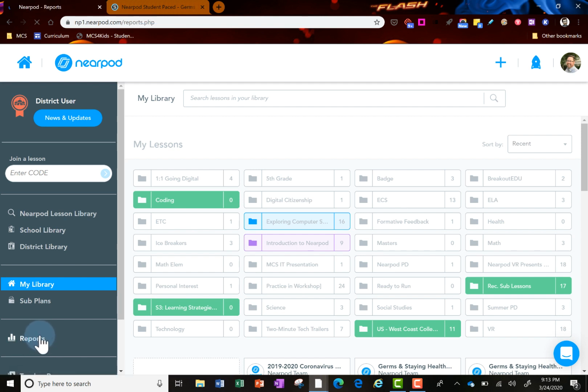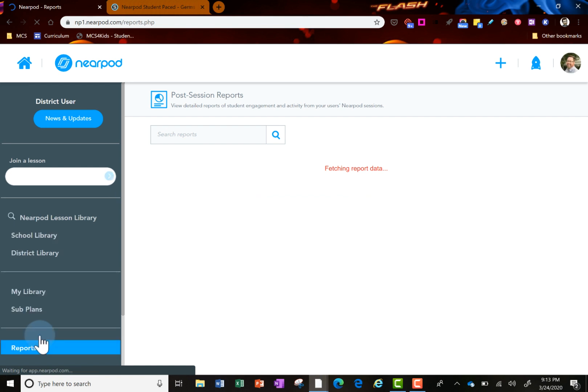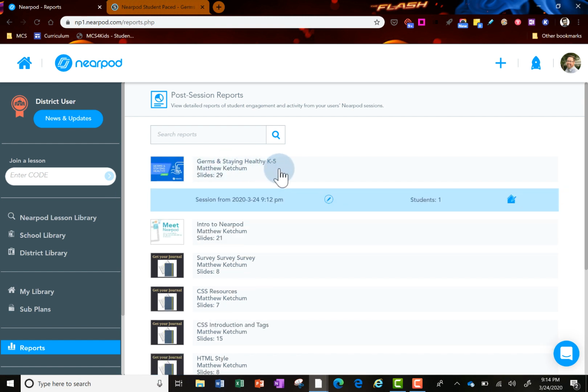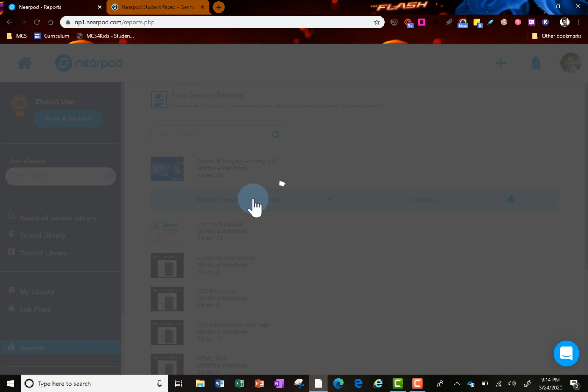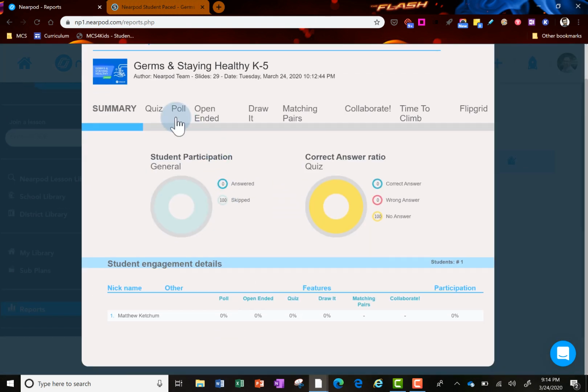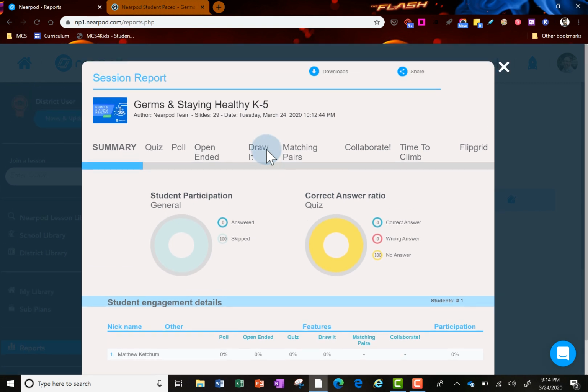And this is where you're going to see the students' responses, the activity of the students within that Nearpod presentation you have in Schoology. So you would just click on that and you'll be able to see the session and see all the different students that have logged in, and you can click on each of the elements and see how they did. So you still will need to go to nearpod.com to see the activity reports from what the students are doing in it.